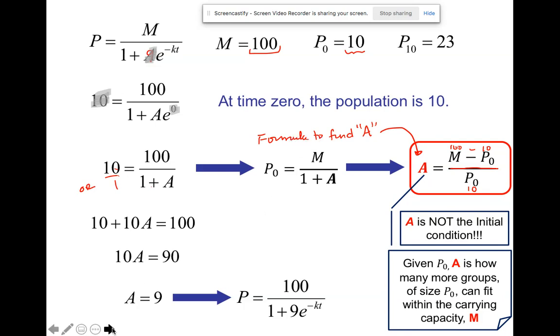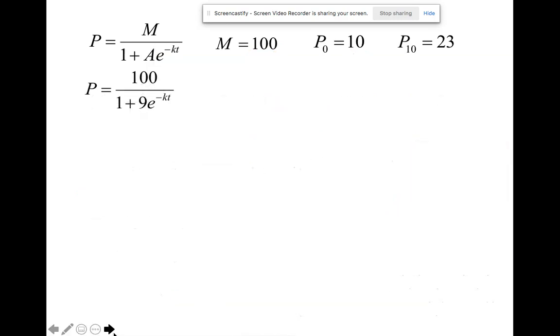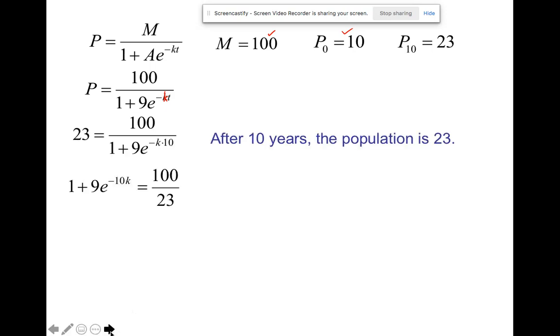Right? So that's a kind of cool interpretation of what A is. In exponentials, that multiplier is just your initial condition. So now that I've found A, I'm going to try to find K. I used my maximum carrying capacity, I used my initial condition. Now I'm going to use the point (10, 23), and I'm going to plug those values in, and I'm going to use my